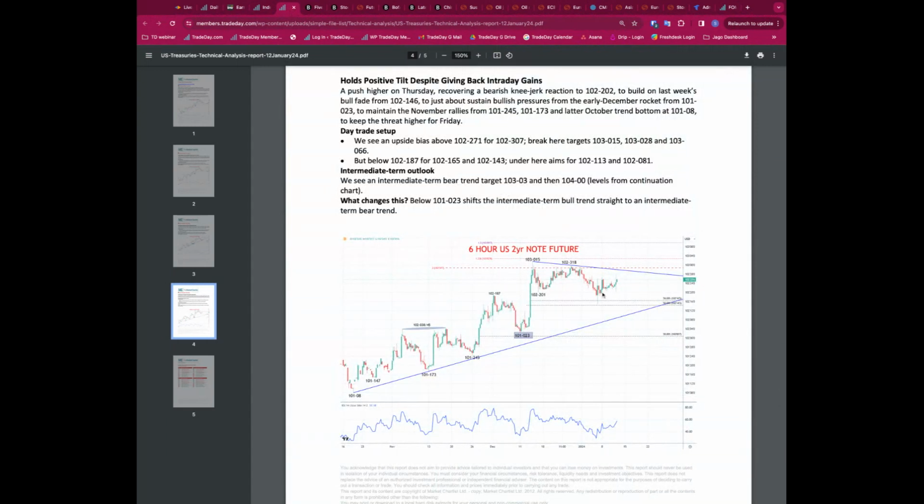So on the 2-year, we've been very much in the range. There's this big spike higher here in the 2-year note. Remember the short end of the bond market is more driven by the central bank, and the longer end is more driven by the economy. So the 2-year note is similar to looking at the CME FedWatch tool. It's more driven by the expectations around interest rates in the short term. And if we look in here, we had that big spike up through the middle of December. That was on the Fed. So we saw the big spike, and then the market's been chopping in a range since then.